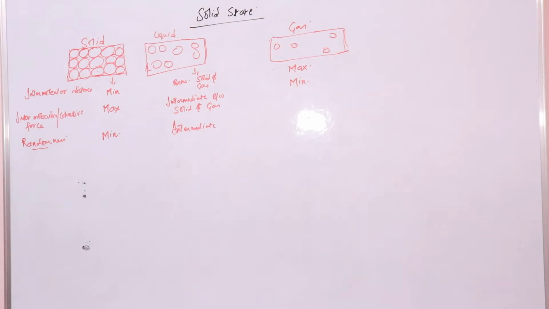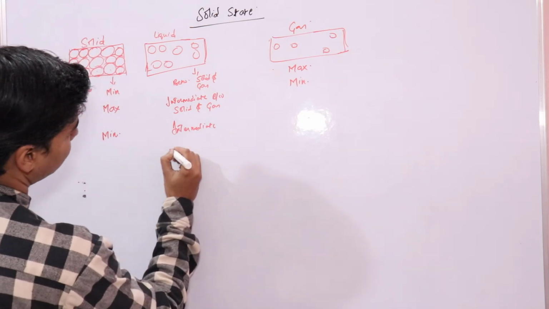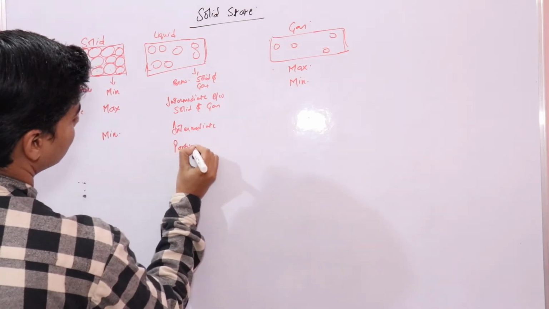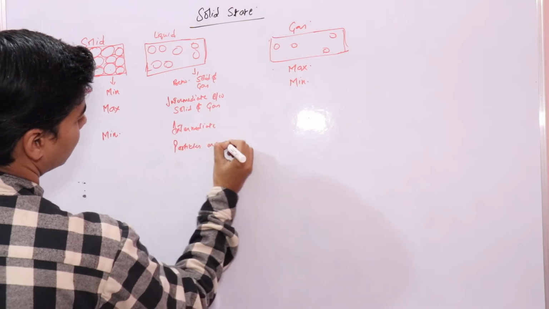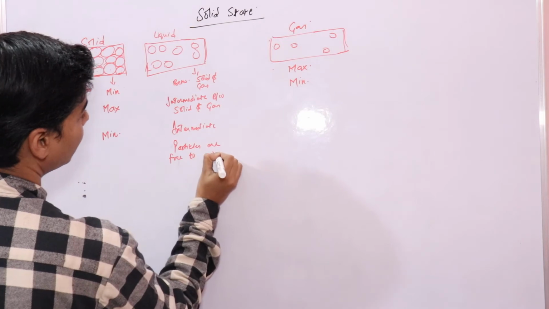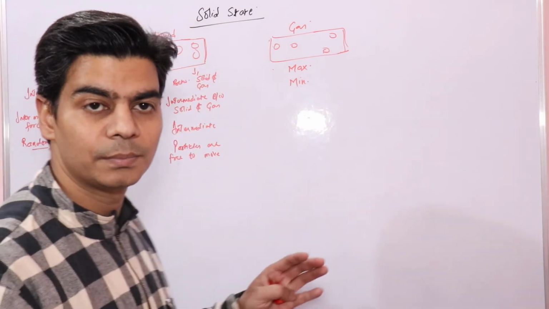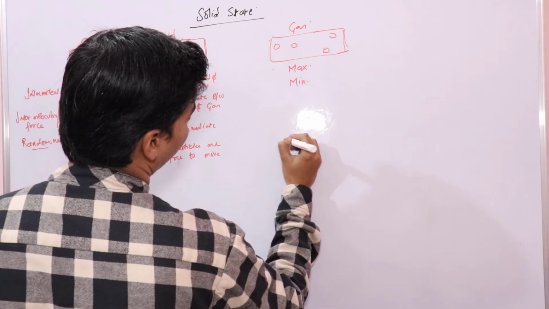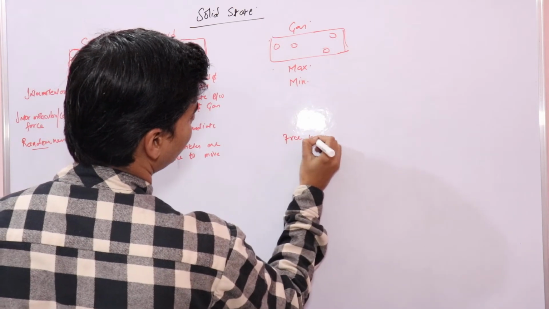And the reason for fluidity of gases and liquids lies in the fact that their constituent particles are free to move, right? So here we can write like, particles are free to move. When we say free to move, we mean that the particles are not fixed in their position, they can move, right? So here also particles are free to move.